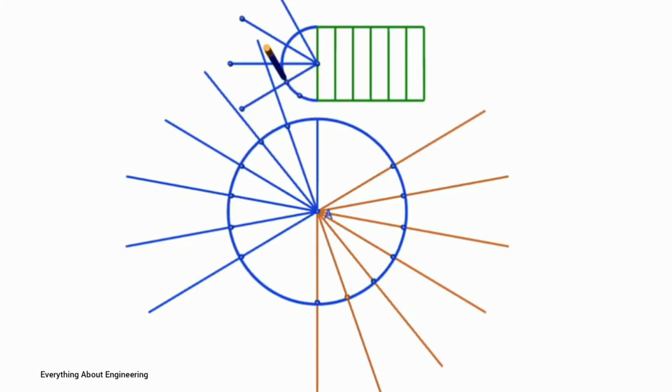Then look at these particular points on our semicircle and join this with the center. Now transfer these points on the corresponding vertical lines which we have drawn, and draw a smooth curve, that is a simple harmonic motion.